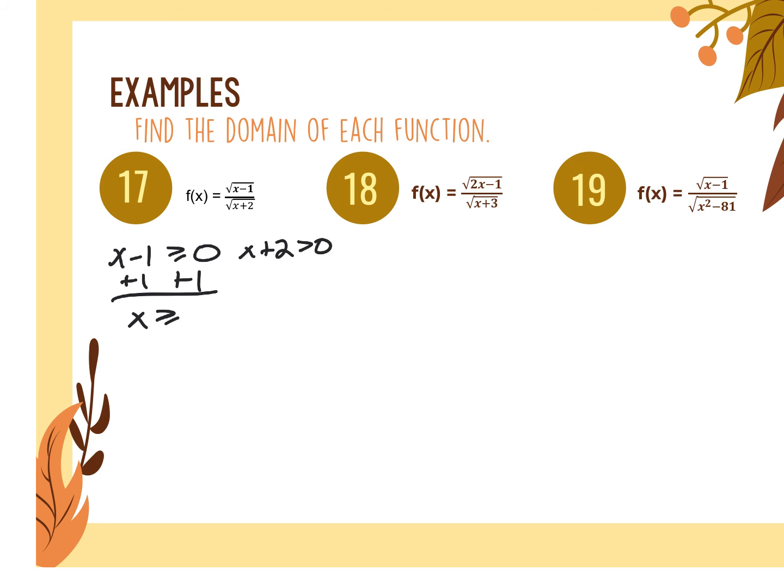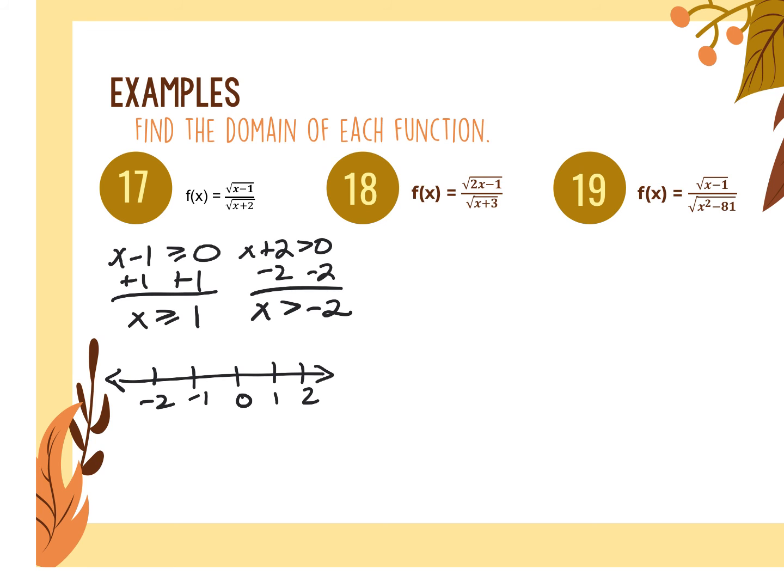X must be greater than or equal to 1. And then here, subtract 2. X has to be greater than negative 2. So really what I want to do here is, let's give myself a visual. So if I put it on a number line, so for the first one, let me just add in negative 2, negative 1, 0, 1, 2. So for the first graph, let's do this one in red. So this will be a closed circle on positive 1, going this way, and then this one, open circle right here,